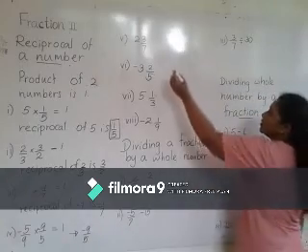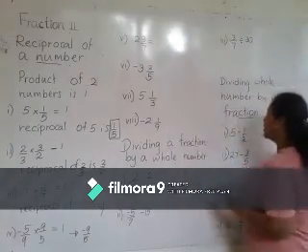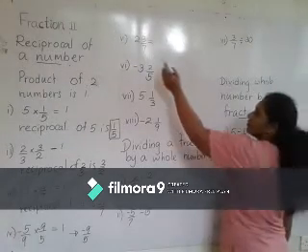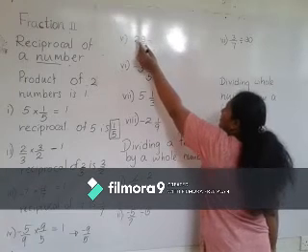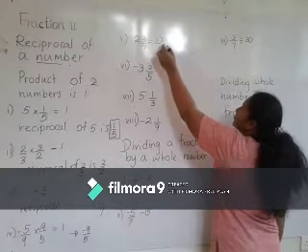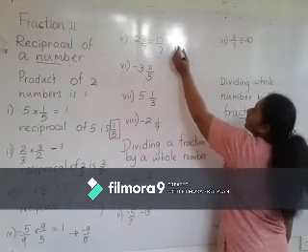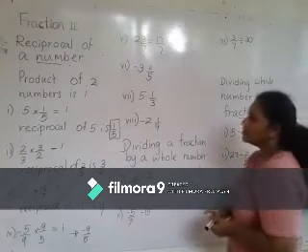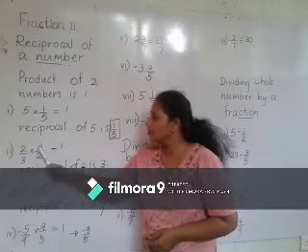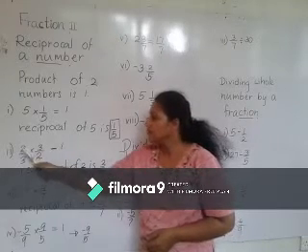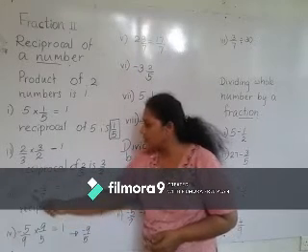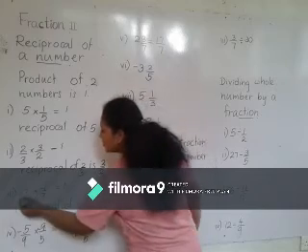Then here these are mixed numbers. Here also we can find the reciprocal. First of all, we must make it into an improper fraction. 7 times 2, 14. 14 and 3 is 17. So what is the reciprocal? At once we can say: this one, 5, becomes 1/5. Here 2/3 becomes 3/2. That means upside down. Here also upside down. 7 actually means 7/1.